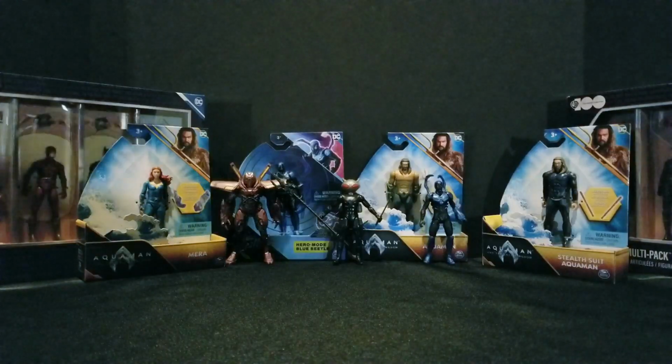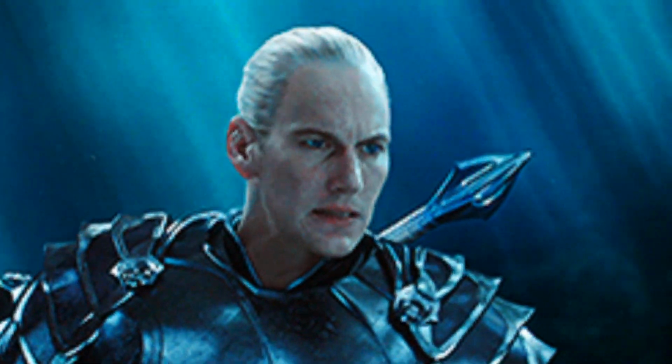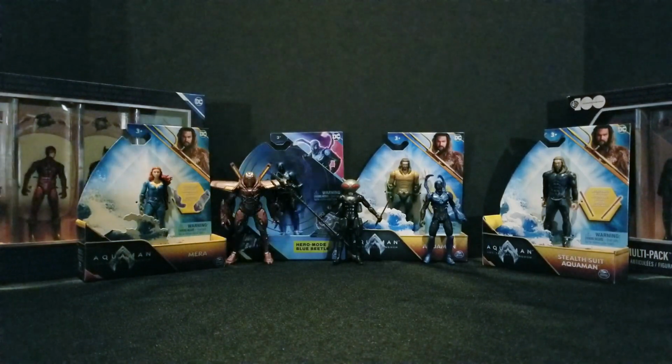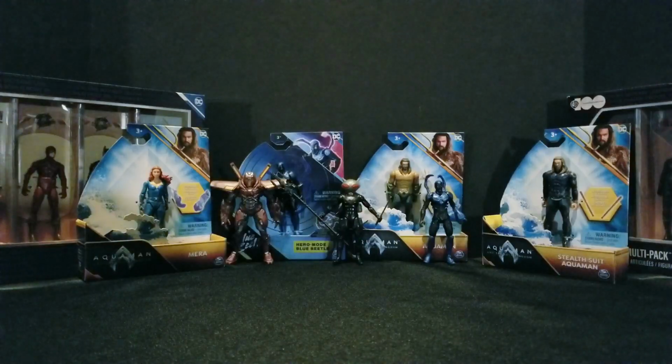I think they are mostly overall good figures altogether. The Blue Beetle figures, what there are of them, and pretty much all of the Aquaman figures as well, except for maybe the Orm figure. But overall, I would say the rest are pretty good to actually kind of cool. What an expert assessment that was. Anyway, so there they are. There you have it. Spin Master, Blue Beetle, and Aquaman figures from the respective lines, and the DC Theatrical Multi-Pack